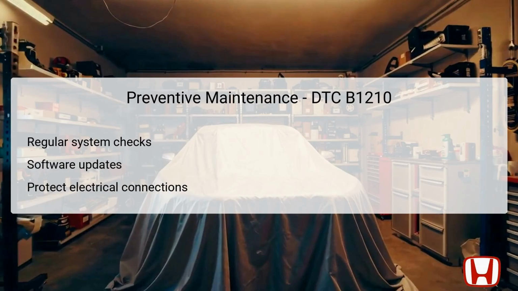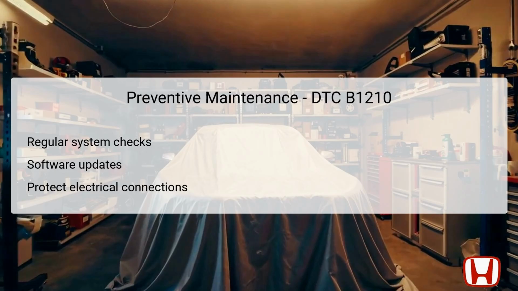To avoid future occurrences of DTC B1210, it is essential to implement preventive maintenance measures for the climate control system. Regular system checks can identify minor issues before they escalate into more significant problems, ensuring long-term reliability. Keeping the software of the climate control unit updated with the latest available patches can help mitigate software glitches that